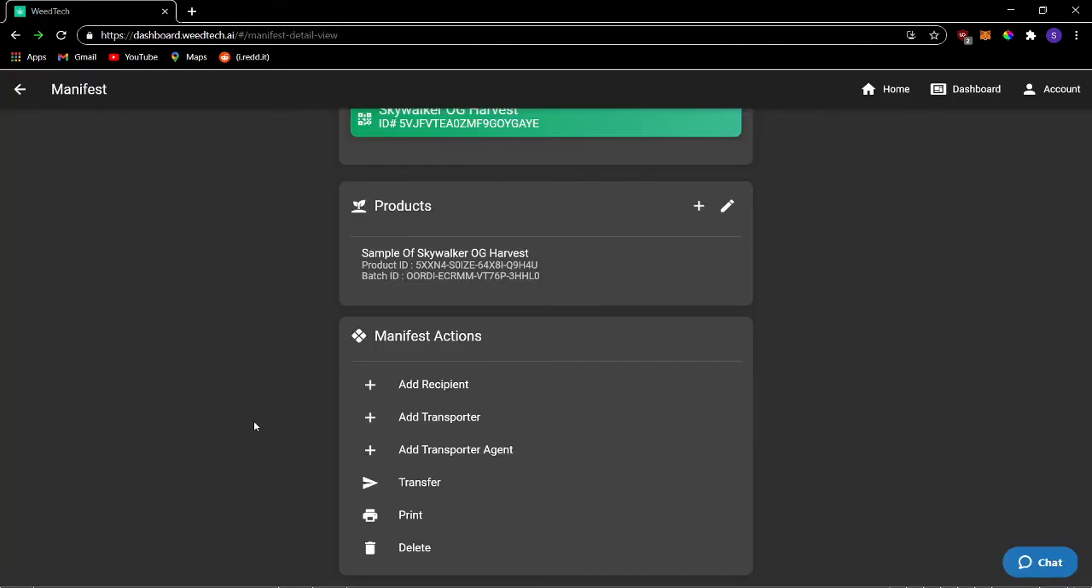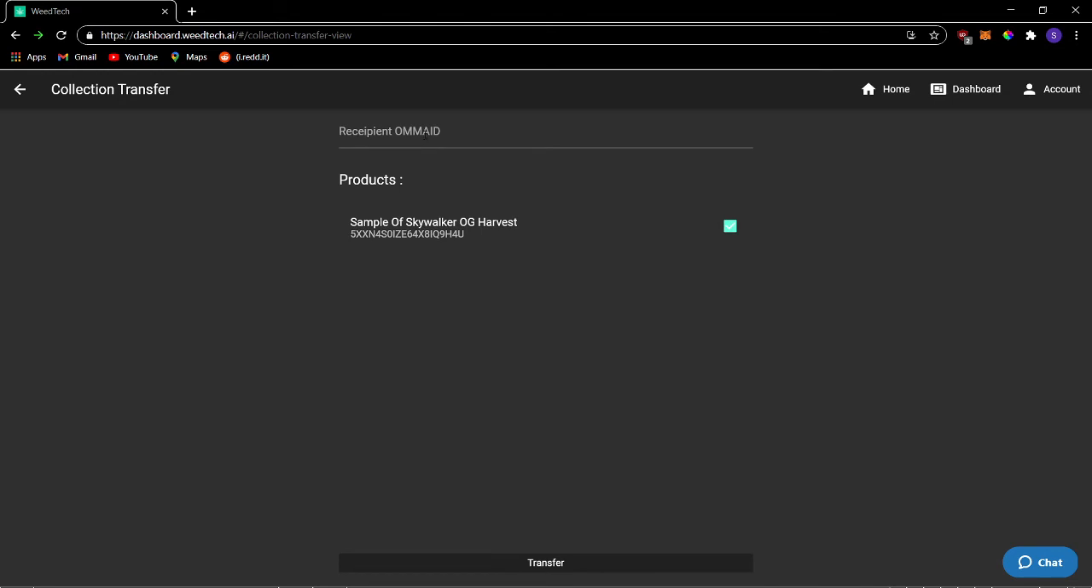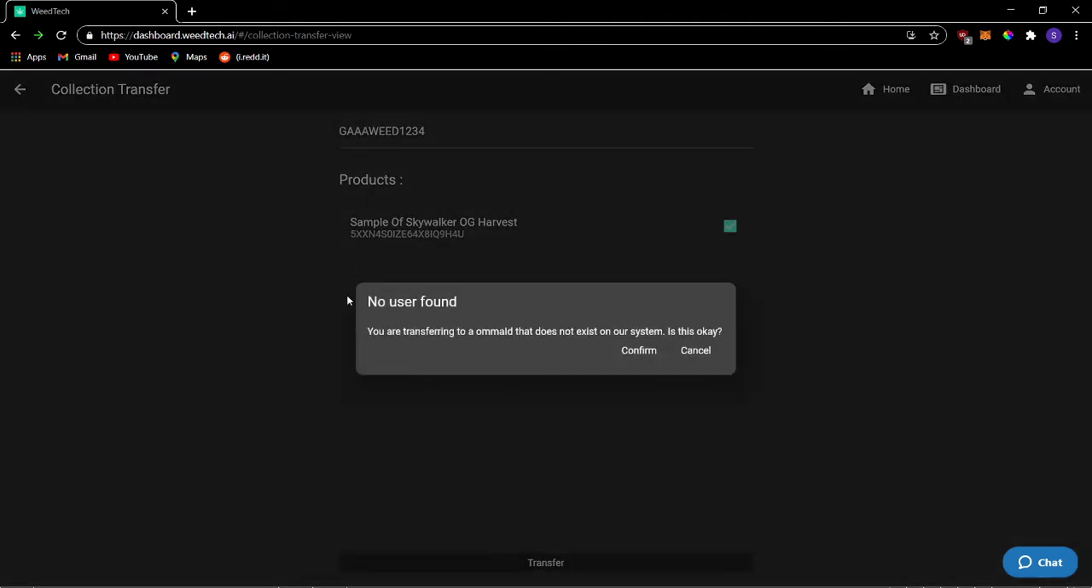Actually, before we do that, let's go ahead and transfer out our sample product. We're just going to transfer this to a very random number. So we'll do GAAA, weed 1, 2, 3, 4. Okay, and we'll click transfer. Now, this no user found simply means that this OMA ID right here is not a